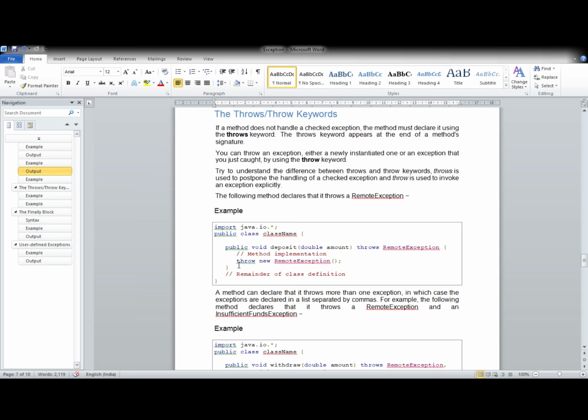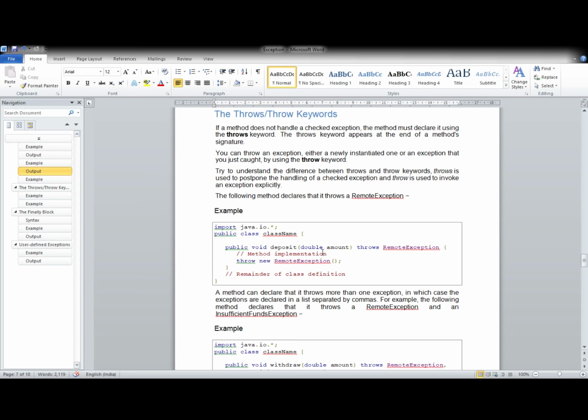So we said that if there is any chance of any exception, we must put it in a try block. We must handle the exception, but this method actually throws the exception using the throw keyword, and it is not handled. So in such cases, you must use the keyword throws.